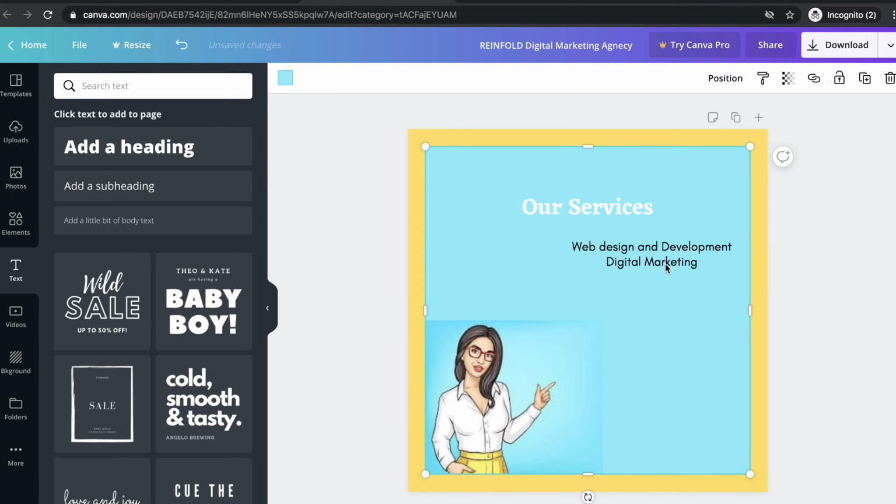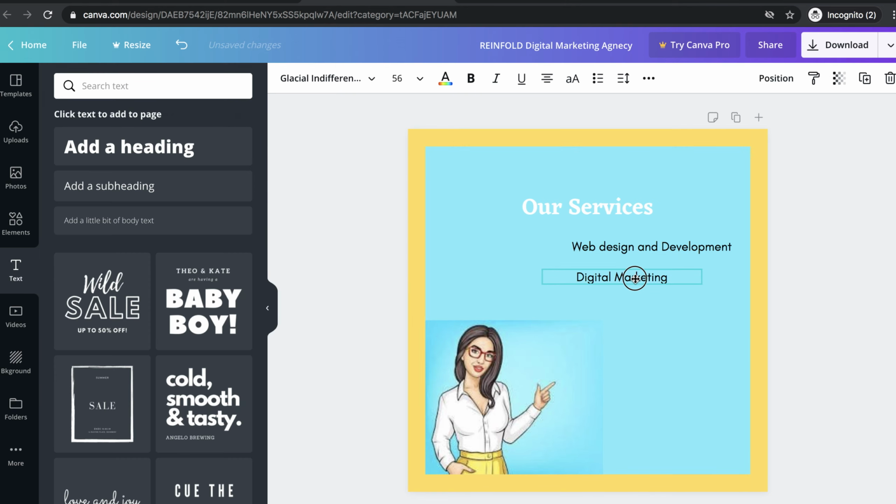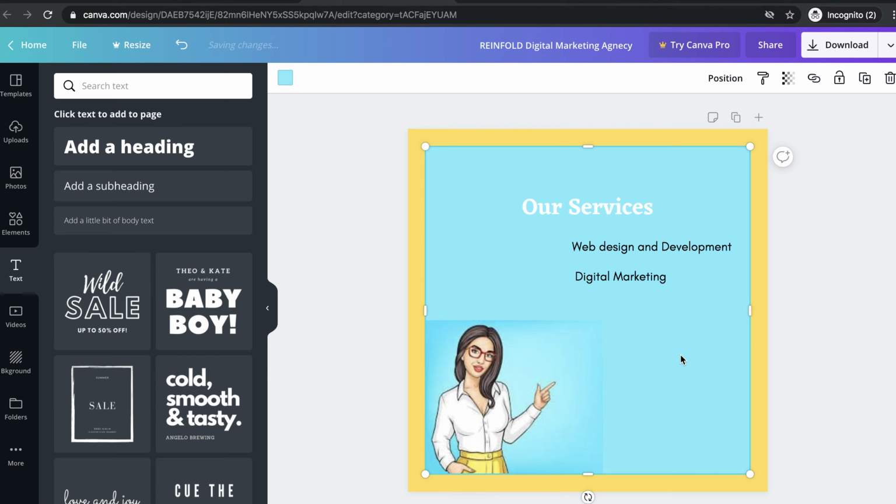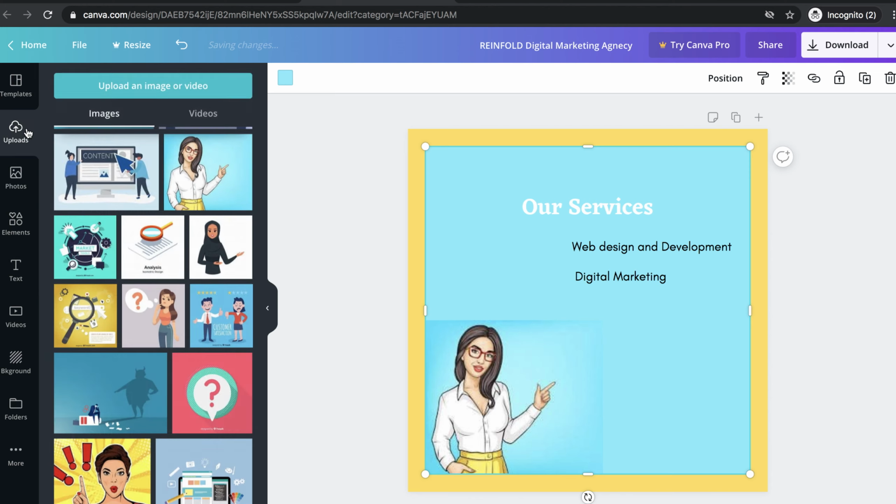But make sure that your post is as professional as possible. So with whatever designs you are comfortable, you can design your post as per your wish without depending on anybody.